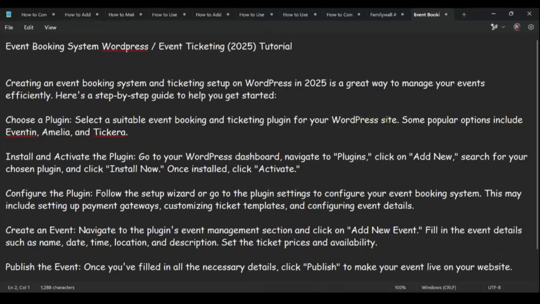Once you install and activate the plugin, go to your WordPress dashboard, navigate to the plugin and click on Add New. Search for your chosen plugin and click Install Now. Once installed, click Activate. After that, follow the setup wizard or go to the plugin settings to configure your